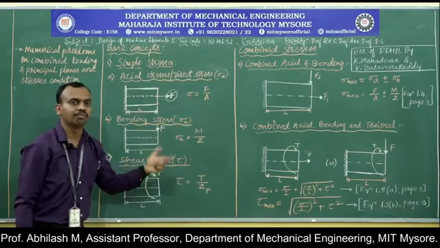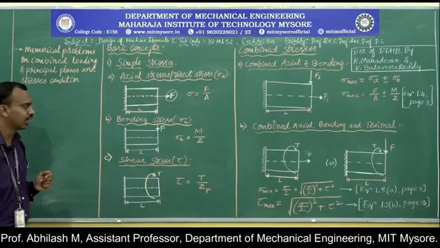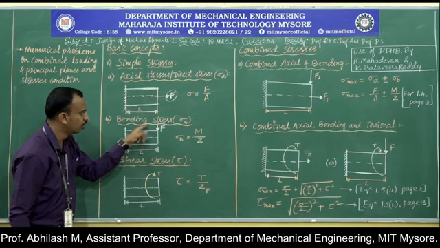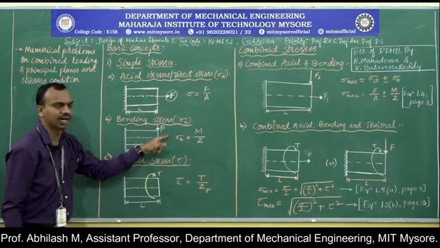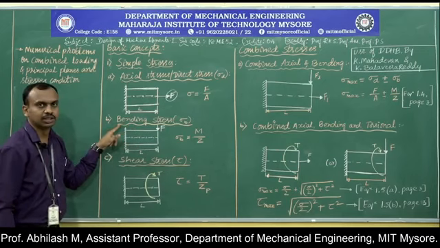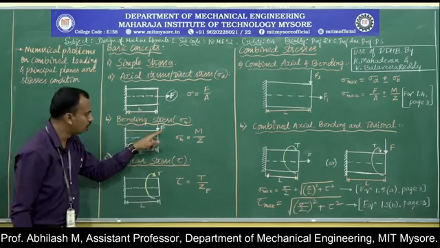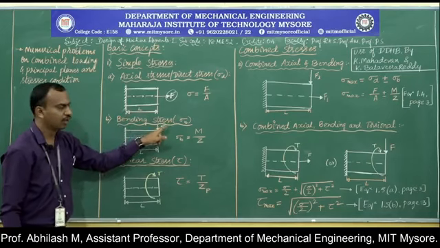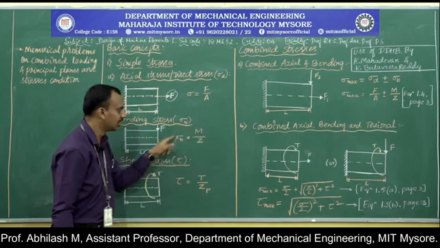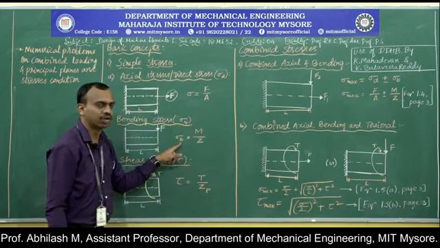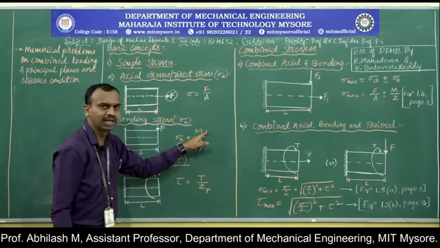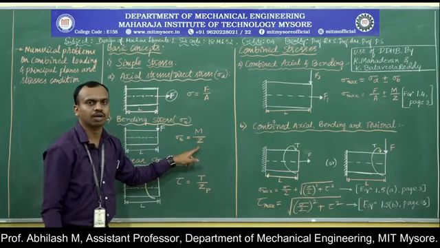Now coming to the second type of load that acts on a machine member, which is a bending load. Because of this bending load acting on the machine member, the type of stress that is developed will be the bending stress. In order to calculate the amount of bending stress developed because of this applied bending load, we have a bending stress equation given by sigma B equals M divided by Z, where M is called the moment, Z is called the section modulus.